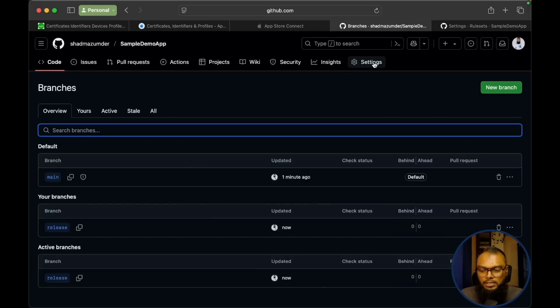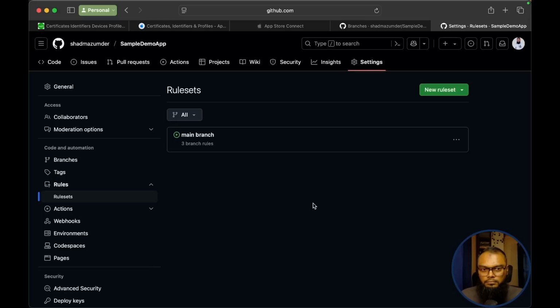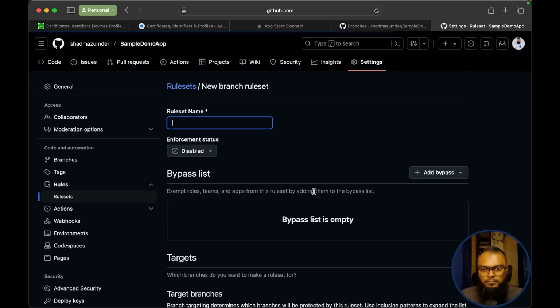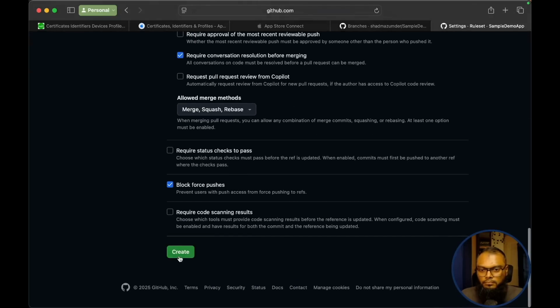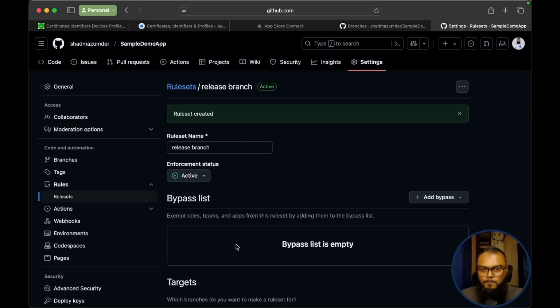Let us make it a protected branch also. Creating a new rule set for the release branch. Okay, we are actually creating the new rule set for the release branch. Now, once we have our rule set ready for the release branch, we can use this release branch to make